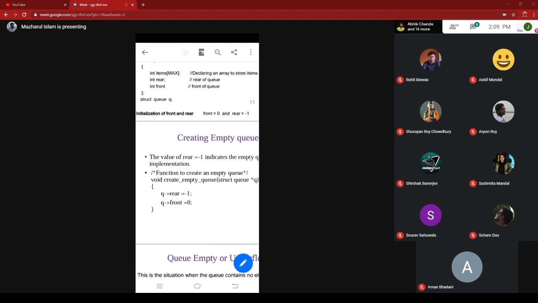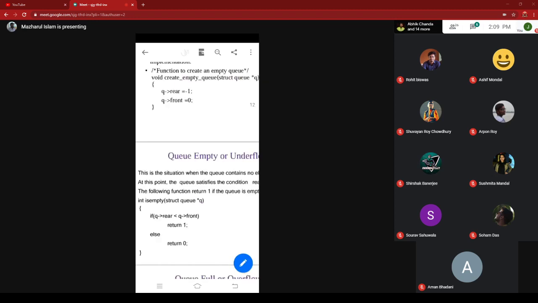Now you have to check whether the queue is empty or not, because if you want to delete an element and the queue is empty, you cannot delete. For checking this, if rear is less than front, because your deleting end is the front, that means the queue is empty.